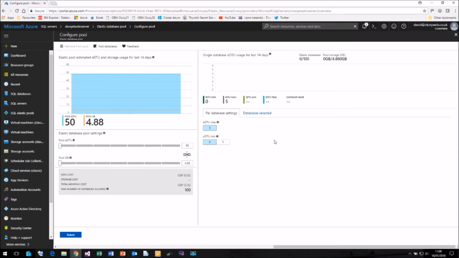Over on this side of the screen, we can choose the maximum number of EDTUs to assign to a particular database. With Basic, we only have the choice of 5. And we can also choose the minimum number of EDTUs we want to assign to a database. By default, any new database will have no EDTUs assigned to it. It will only gain EDTUs as it needs them, and when it's not doing anything, it will drop down to